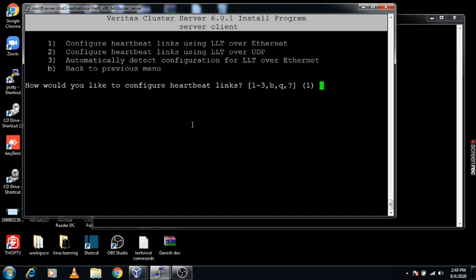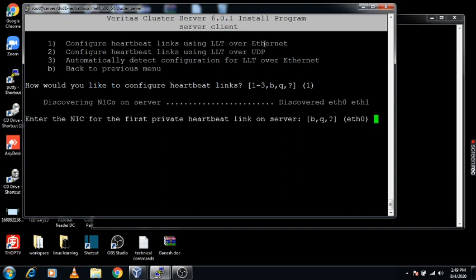Would you like to configure the heartbeat link? Yes. Configure the heartbeat link using LLT over Ethernet. I am selecting option 1. Here it discovered eth0 and eth1. So enter the NIC for the first private heartbeat. Would you like to configure the second? Yes.